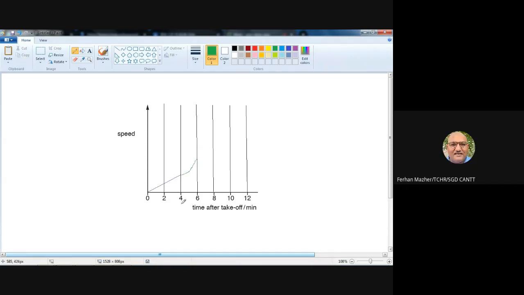So this is the increasing acceleration. I have not drawn that good a curve, but this is the curve which is curving upward. It means the acceleration is increasing. In the next part,